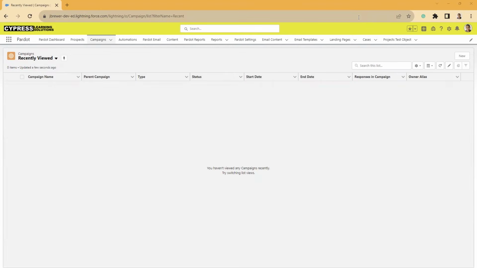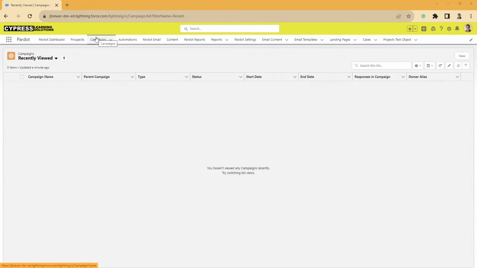Okay, so today we're going to go over the classic email builder and we're going to go over the new Lightning drag and drop builder. So as we go through and I show you the email template builders, I will be providing tips and best practices along the way. So what I normally like to do first is come in here and create a campaign,